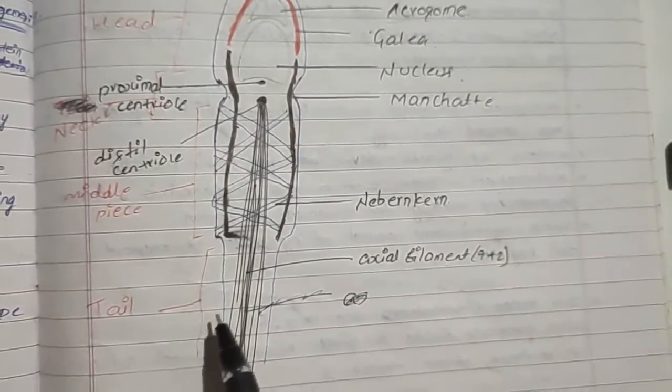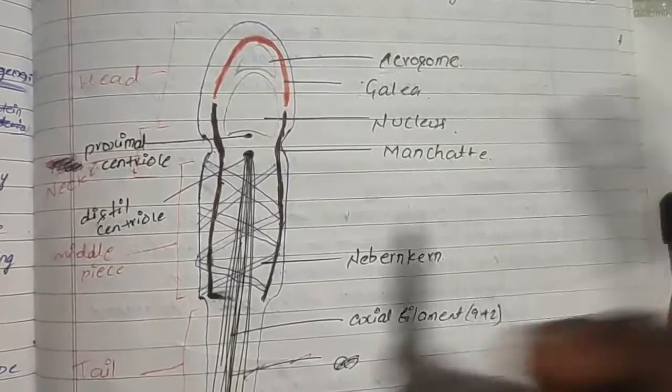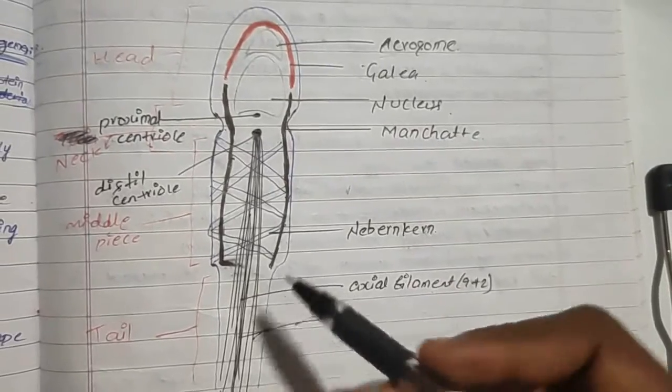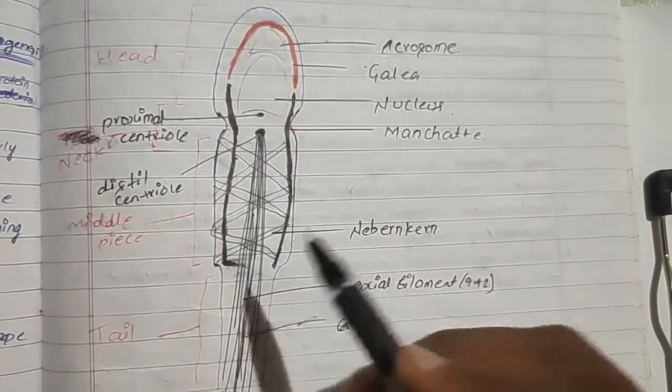This tail helps in the movement of the sperm. See, this nebenkern or the mitochondria provides energy, and this energy is used for the movement of the sperm,